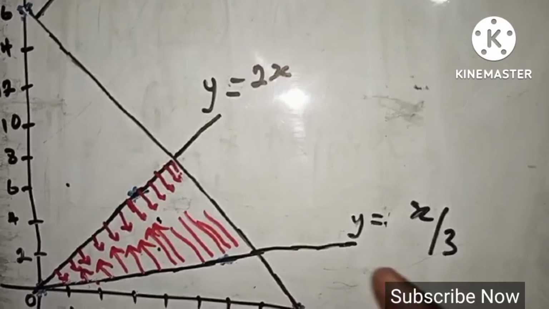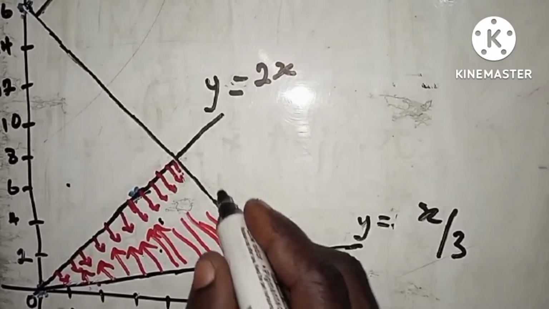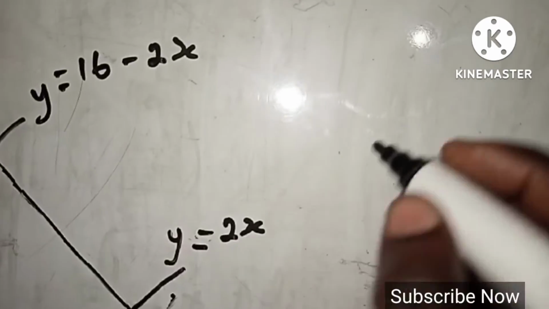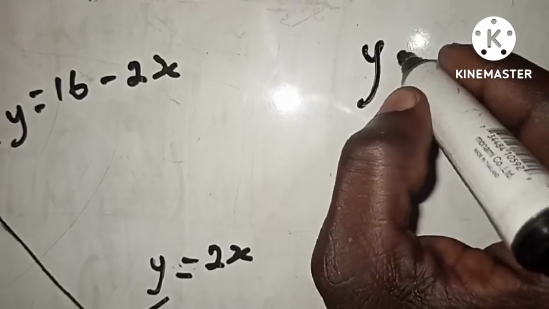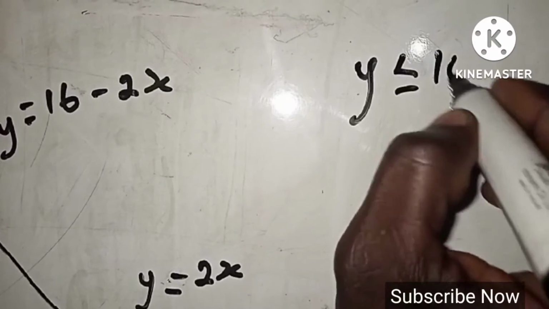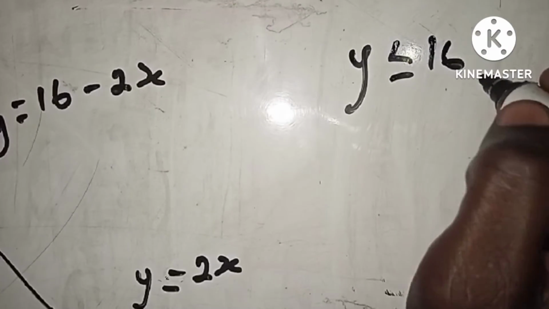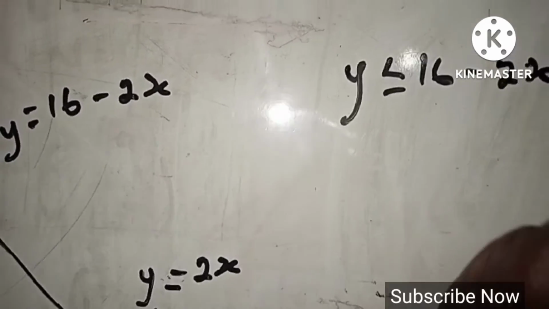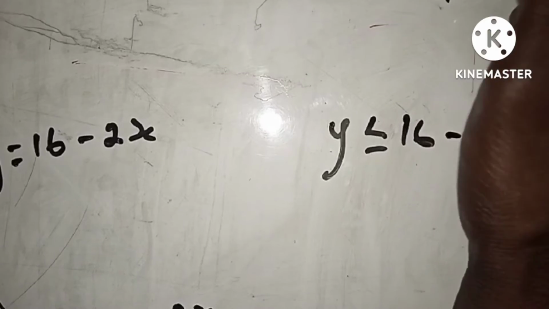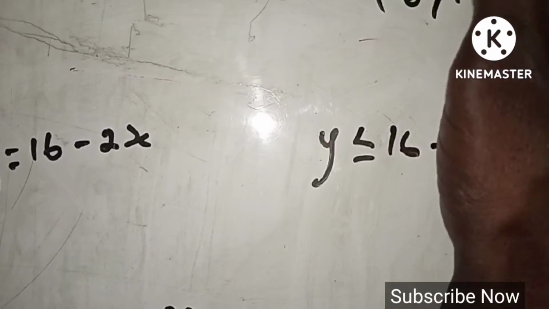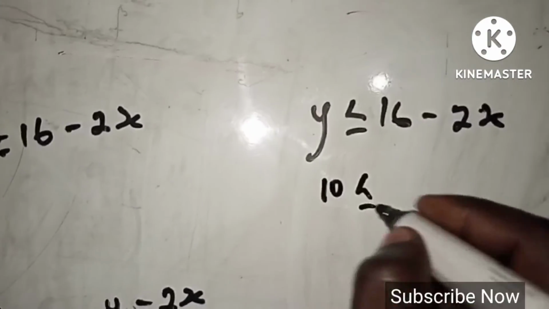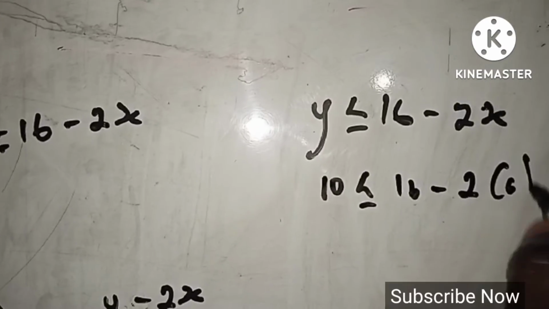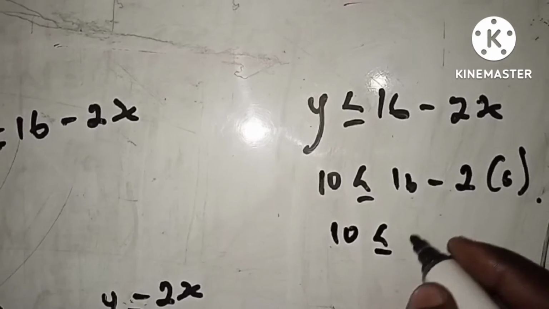10, right? So 10 will be somewhere 6, and then 10 will be somewhere here, right? So let's check if 10 satisfies the inequality. We had the inequality to be y less than or equal to 16 minus 2x, and then we are going to 16, right? So 6 comma 10, this is the point. So x comma y, so our y is 10 less than or equal to 16 minus 2 times 6, right? So we had 10 to be less than 16